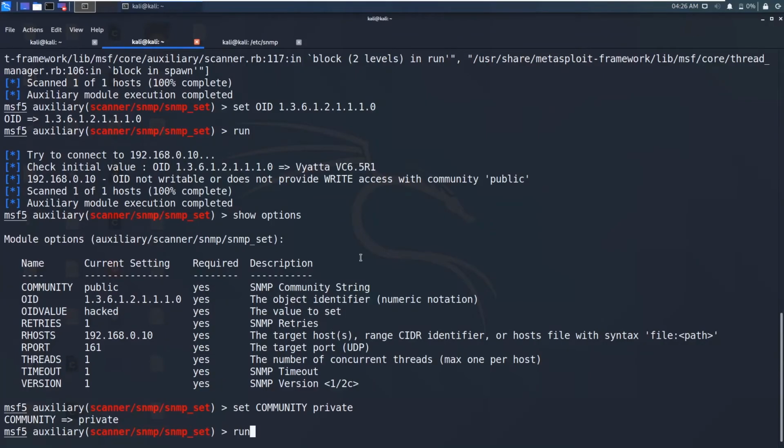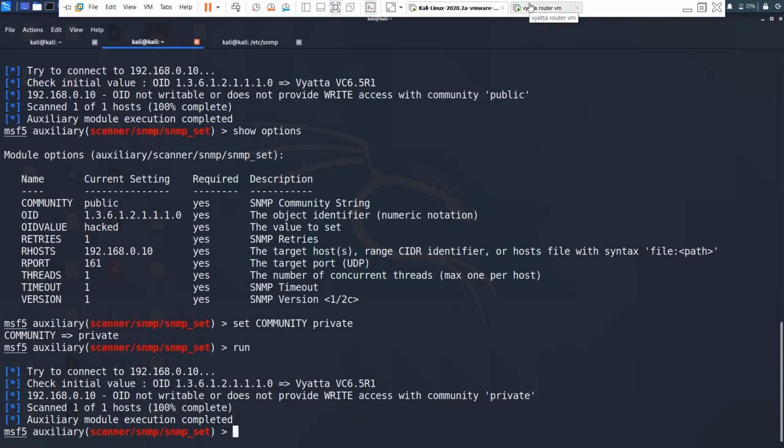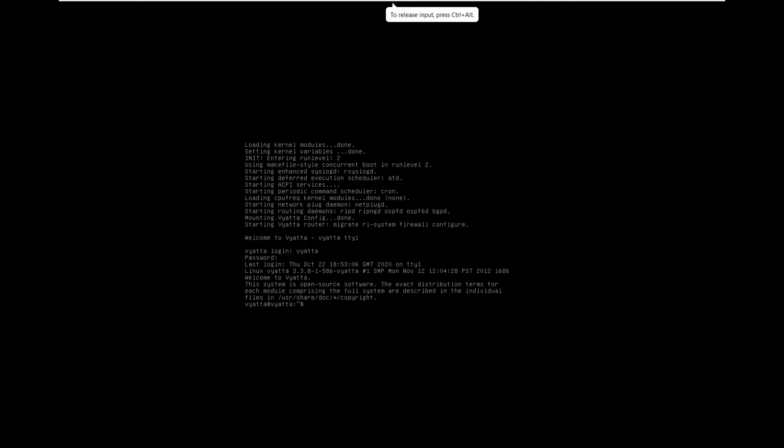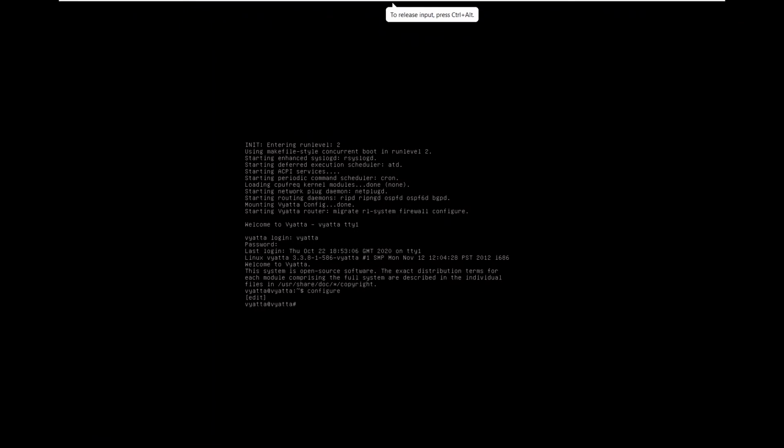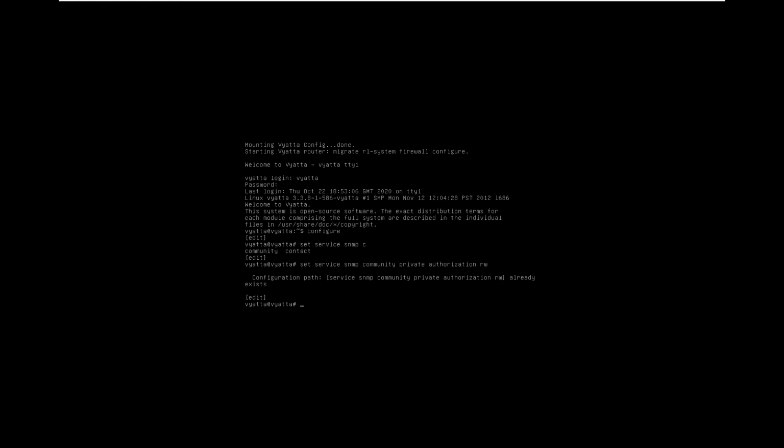Now if I run the module again, okay, it's still saying OID not writable or does not provide write access with community private. So it already exists.